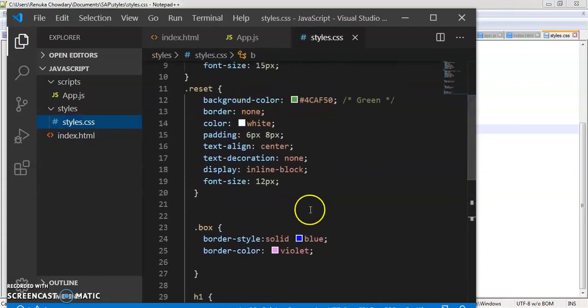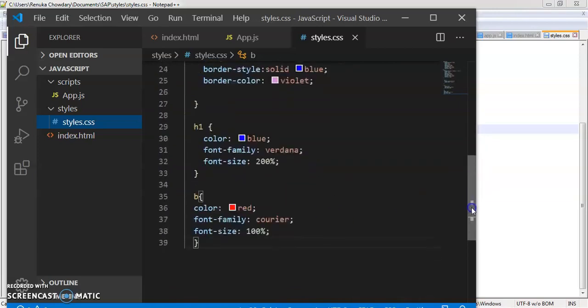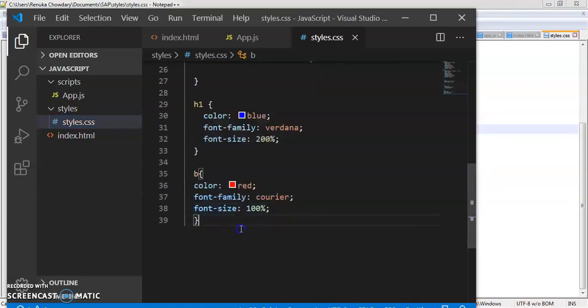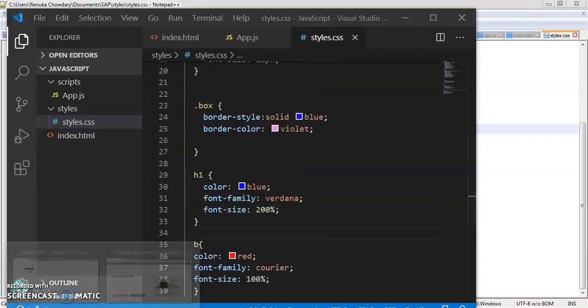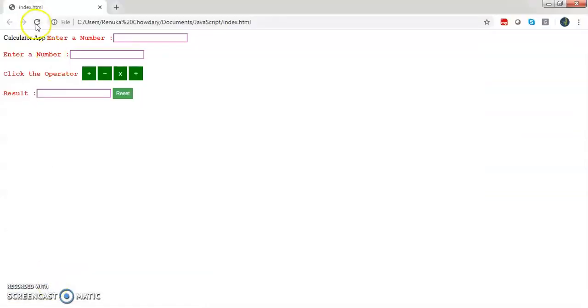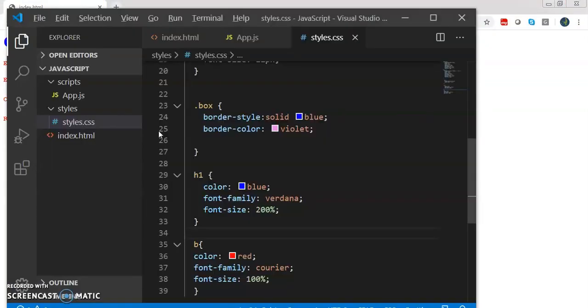Let us say for the reset button, for the box elements, for the h1, and for the bold texts. Let's save this and relaunch. So this is the app which we have designed now.